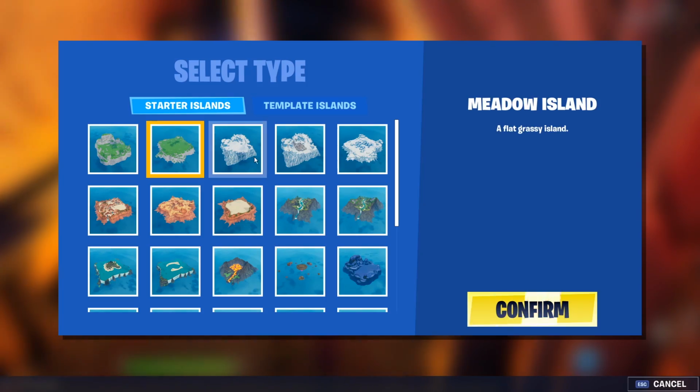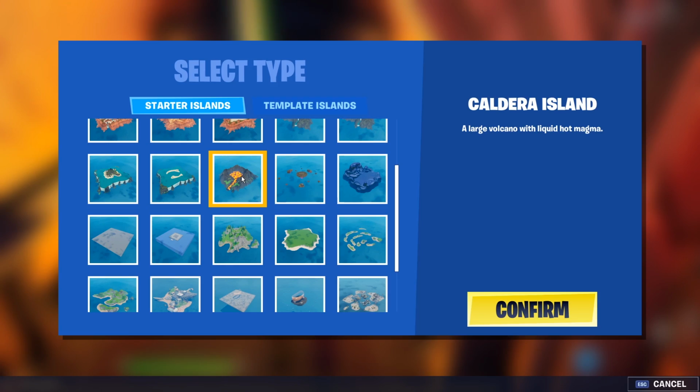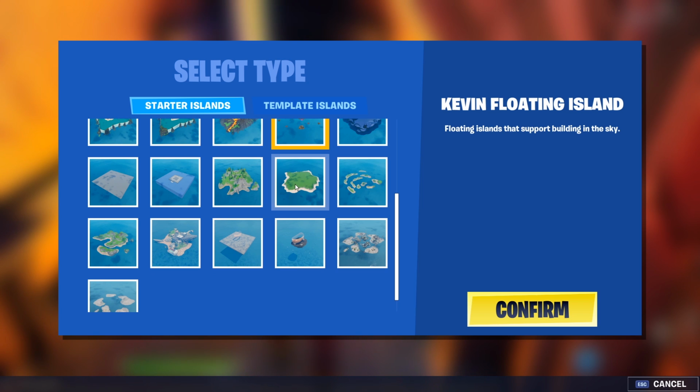So the first thing that you're gonna do is to pick your island. The best islands to build, in my humble opinion, are Meadow Island, Ice Lake Island, Wasteland Island. They all give you a big flat area and some decent looking starting nature. I also really like Caldera Island for building an epic volcano. Floating Islands is also really nice because you can remove everything there and you'll just have a completely blank